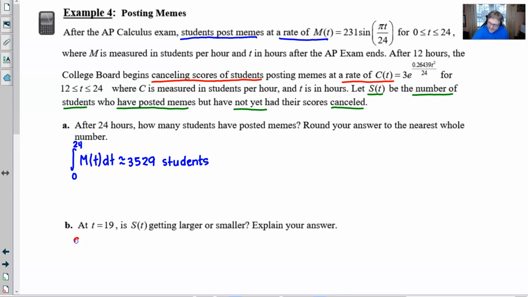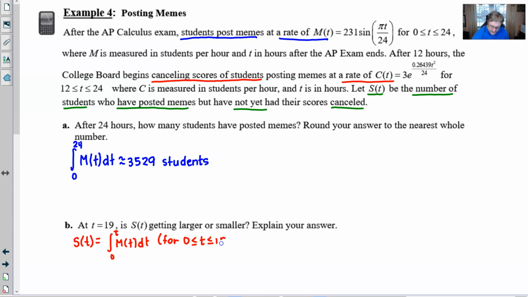In other words, S of t is really just the integration of m of t, very similar to what we did before, but from 0 to 12, it has a different meaning. And I'll tell you what, let's call it this to be more thorough. From 0 to t, where t is between 0 and 12,